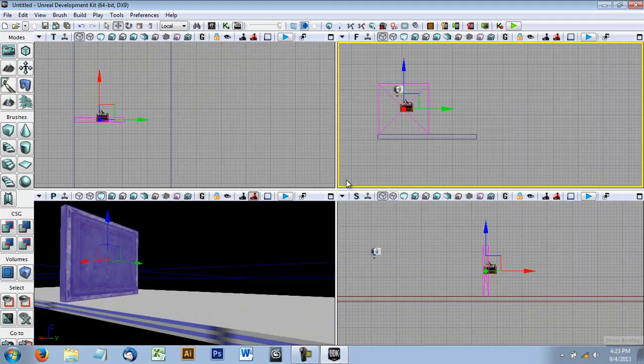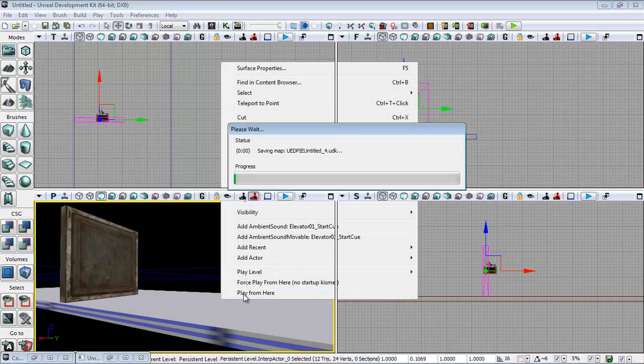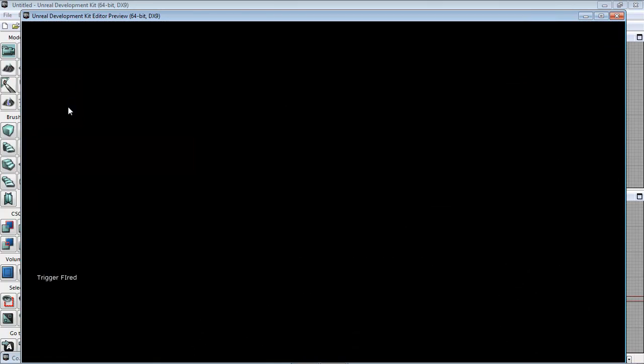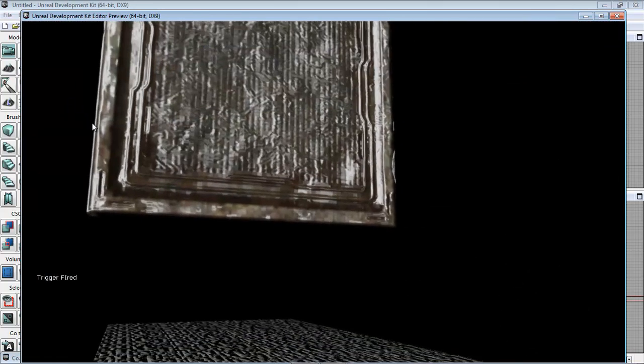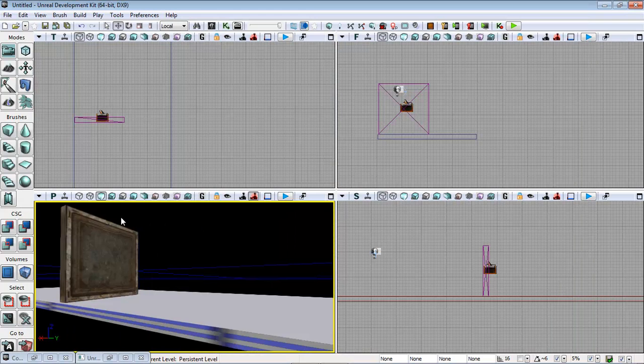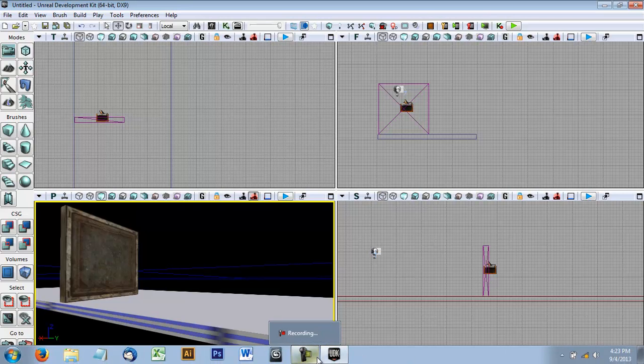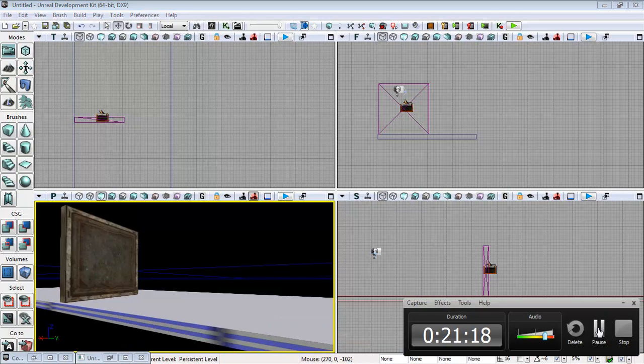And let me make sure I got my sound on. Yep. So now if I do play from here, I don't know if you could hear that. It was pretty faint. But at any rate, now the animation plays the sound, and you can get it to move up and down. So that's just the basics. Obviously, I can do a lot more stuff. I'm sorry I went over a little bit. But I just wanted to